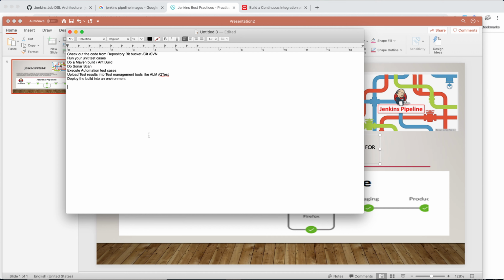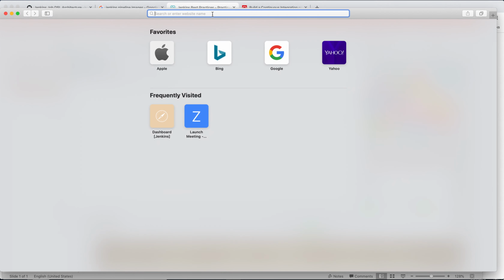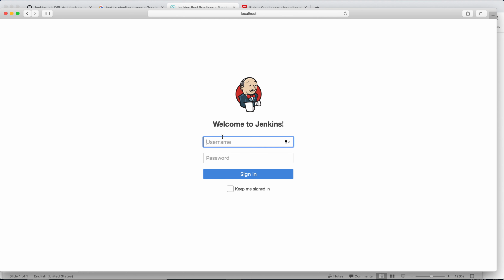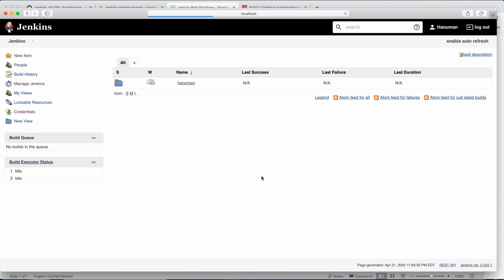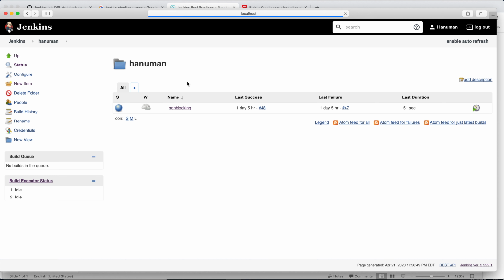Okay, let's log into Jenkins. Your Jenkins will be running on port 8080 by default. I created one folder for my testing purpose, and I'm just going inside my folder.